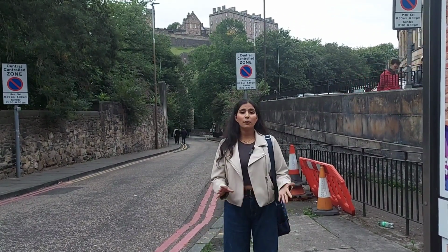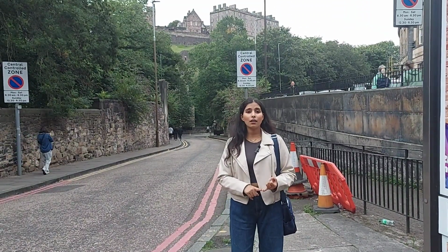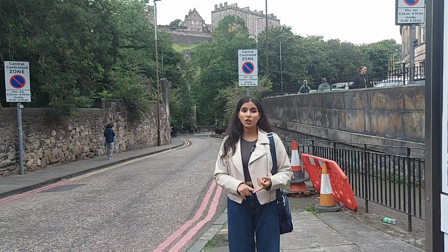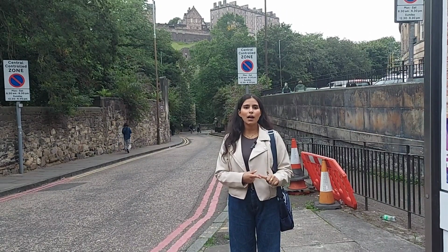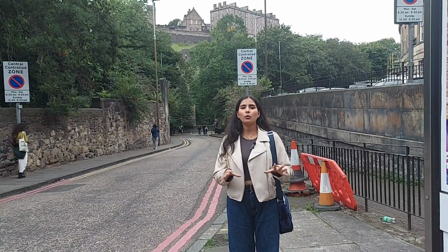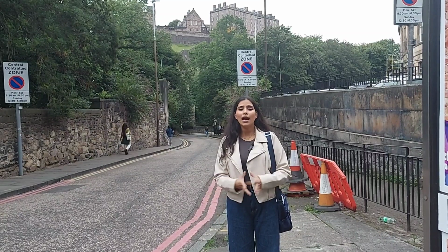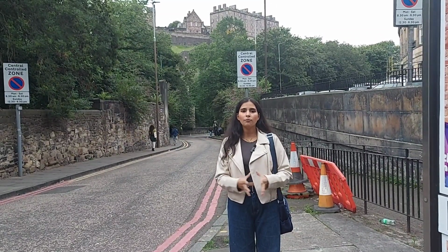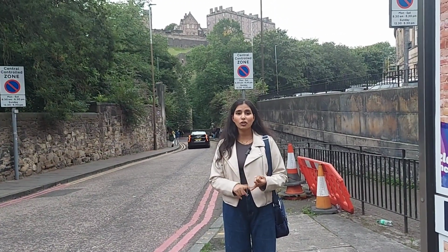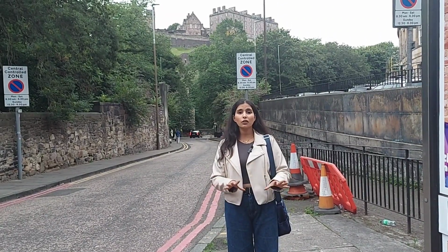And then there will be a few documents that you will need to prepare beforehand. So you will need to prepare your passport, your ID, your guarantor, his name, his email address, your office reference. They will require a few documents for you to prepare, and they will do a reference check, a credit check. And once these checks are done, once they know that you are not lying about your salary, you are not lying about your reference, you have a good rapport with the previous landlord, or these kind of things they check,